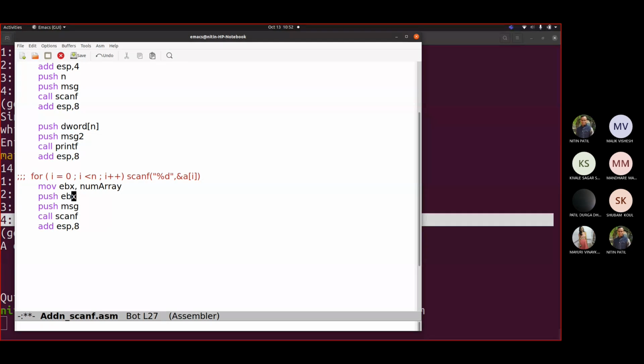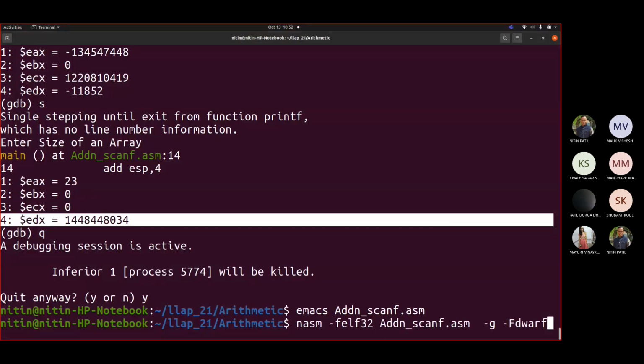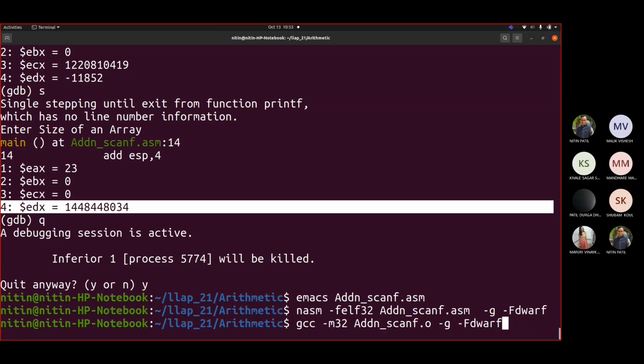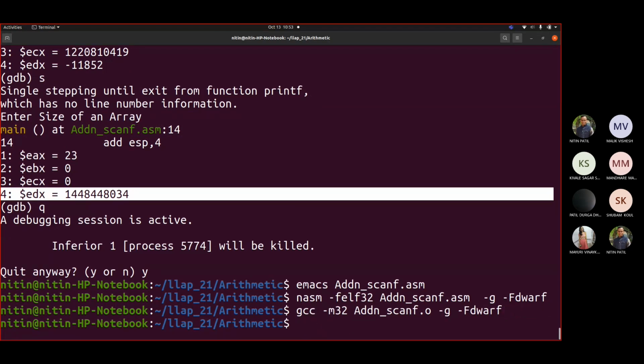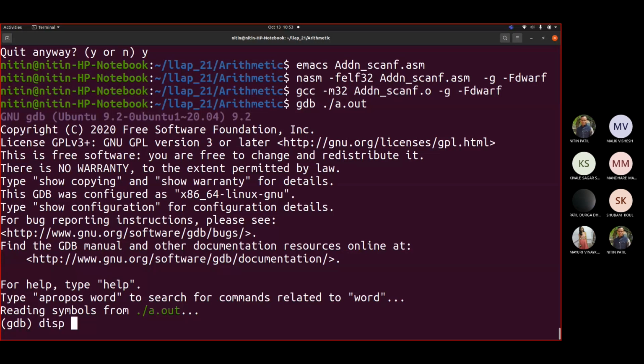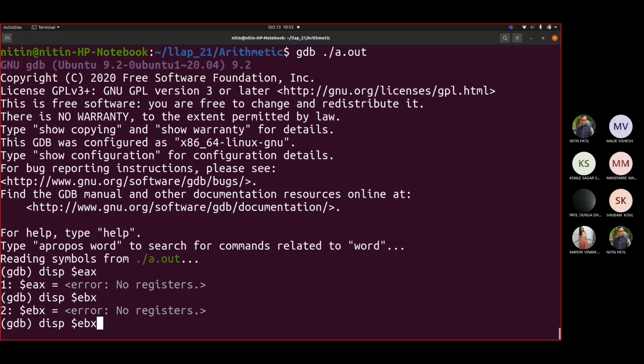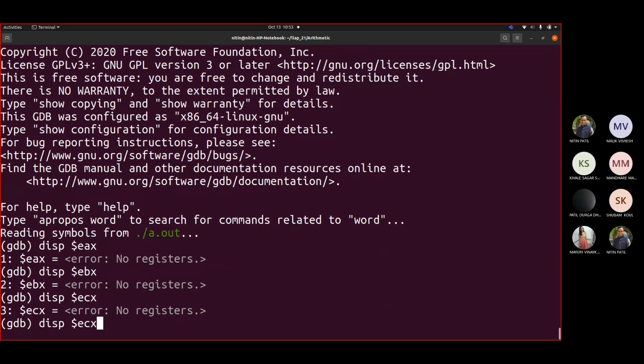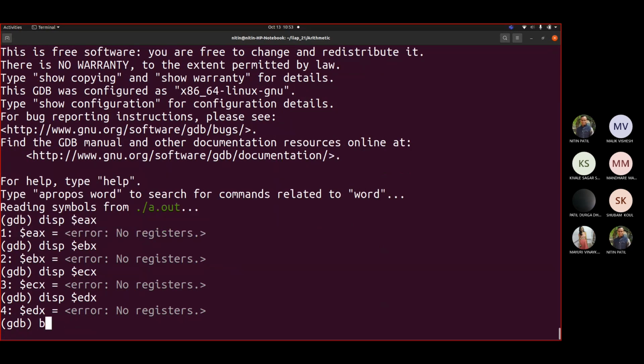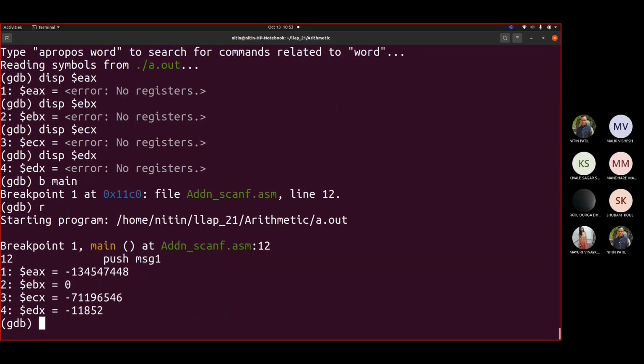Fine. So let us work out. So let us display again the values for our reference. EBX, ECX, EDX, breakpoint main, run, step.